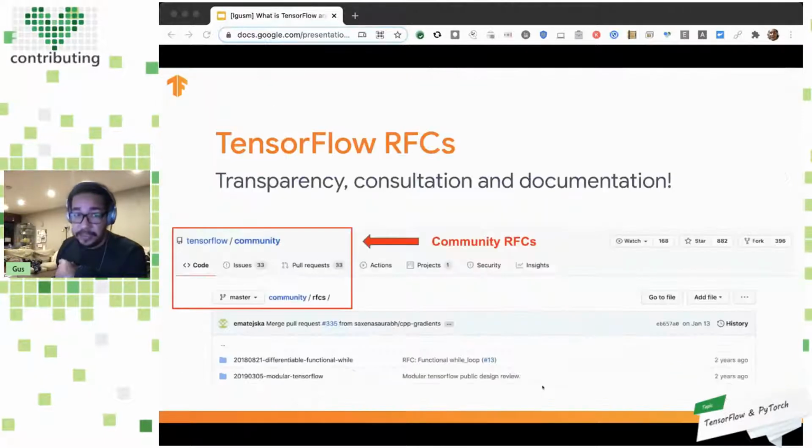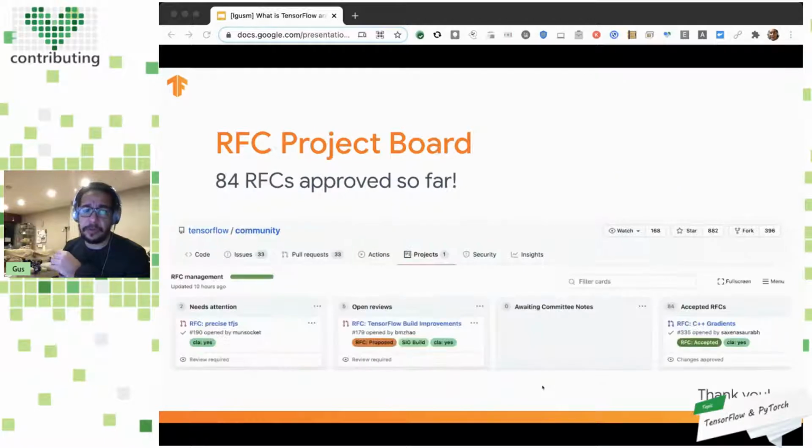We do everything in the open for TensorFlow. And if you want to do a bigger project that's not only fixing a bug or improving some logs, you can create a new feature, and we have a process for that, which is RFCs, requests for comments, where you can create one and discuss your idea with the community before any coding. We have a lot of those. I guess 80 going on right now, for multiple projects, improving multiple parts of TensorFlow.